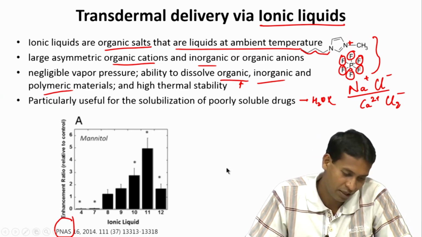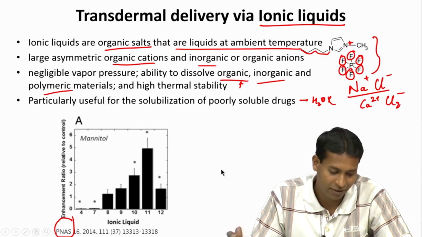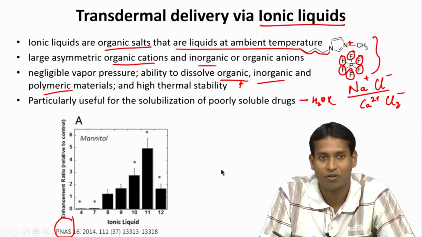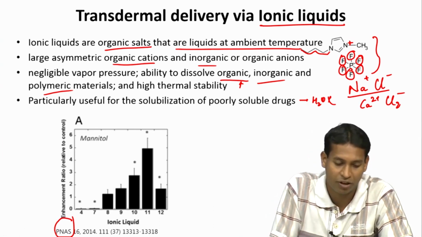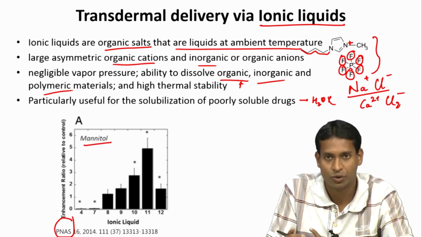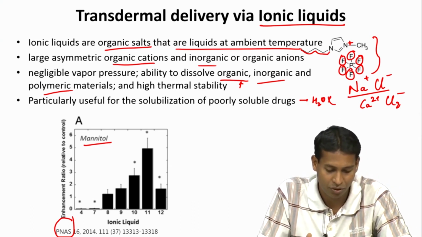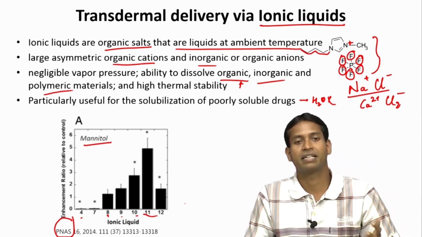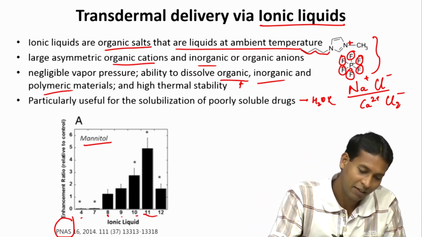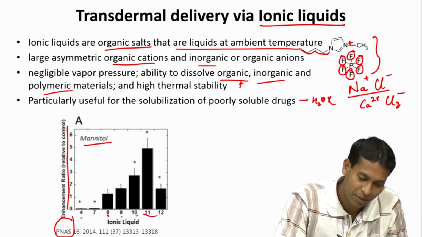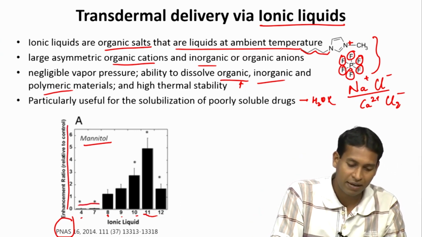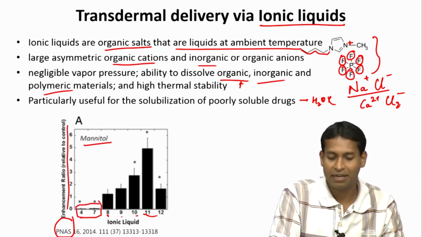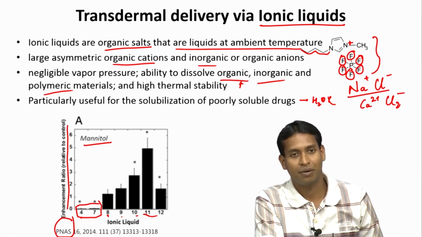And so, now what is done here? These authors then went ahead and tested these ionic liquids for their enhancement ratio for a molecule called mannitol, which is nothing but a sugar. So, they have tested various different kinds of ionic liquids. These numbers just suggest different kinds that they had, and then they looked at how much they are enhancing in respect to control. So, some of them like ionic liquid 4 and 7 did not really enhance any transport